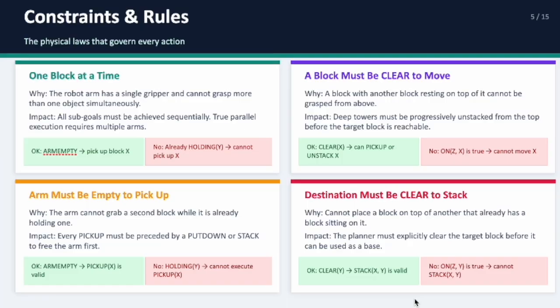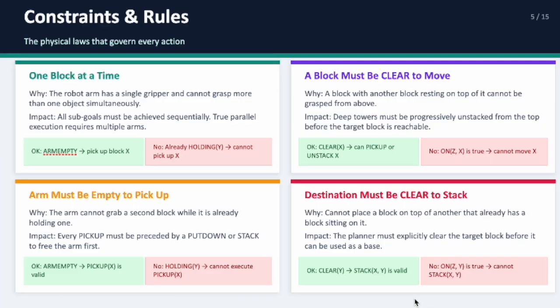The impact is that everything must happen sequentially. You cannot solve two sub-goals in parallel with a single arm. Rule 2: a block must be clear to move. If another block is resting on top of your target, you cannot grab it from above. The implication is that deep towers must be taken apart from the top